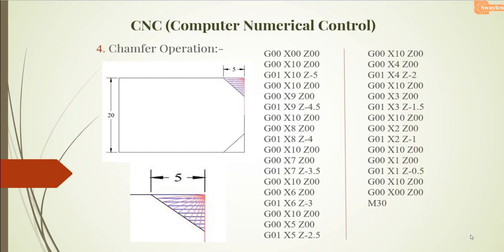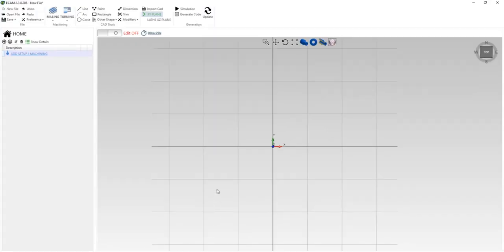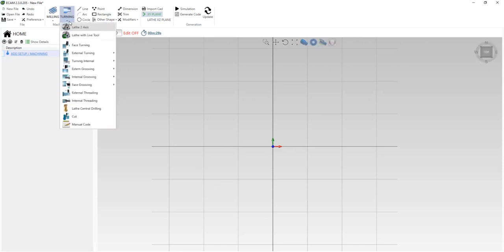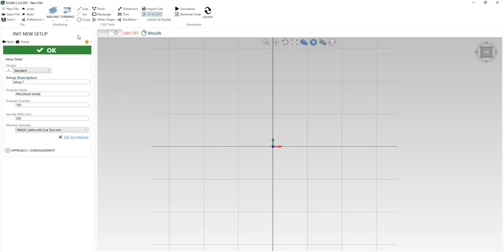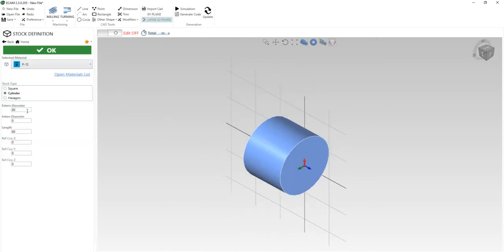Now I will explain the chamfer operation in our eCam software. But you will memorize this, the 20 diameter and 30 length, and our chamfer value is 5. So I will open eCam. See, here the eCam. Now in turning, lathe with live tool, OK.